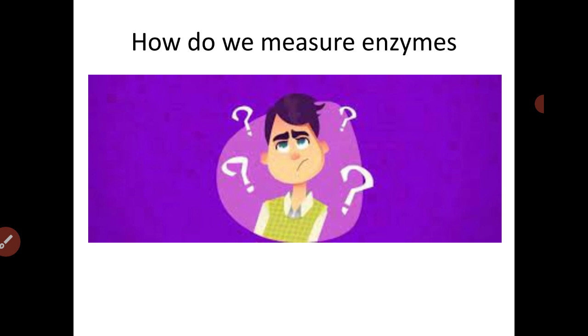What is rate of reaction method? In rate of reaction method, we combine the enzymes with the substrate, but we don't give the incubation time. We immediately measure the change in absorbance of the product. That is, the rate of the reaction is measured. We measure the change in absorbance of the product, which is directly proportional to the enzyme's activity. So this is what is known as rate of reaction method.